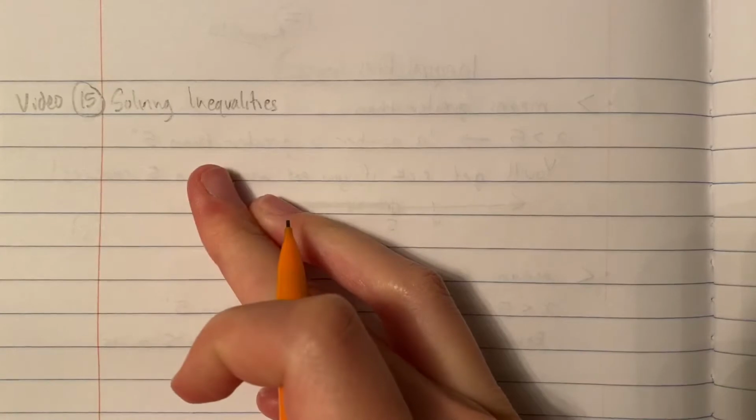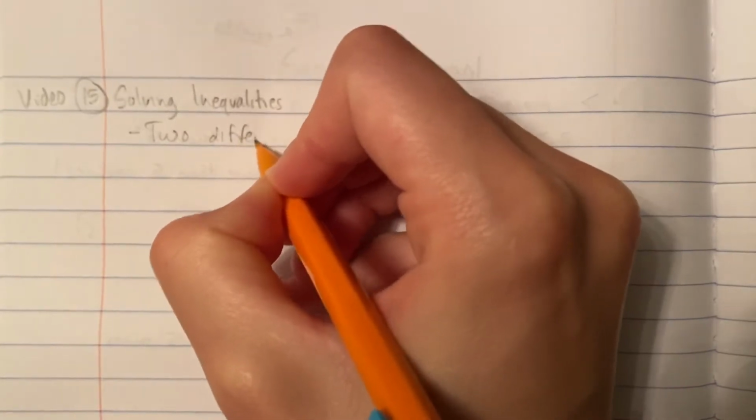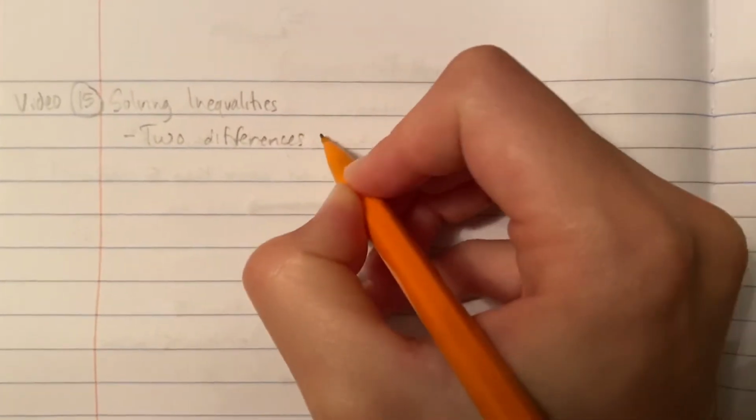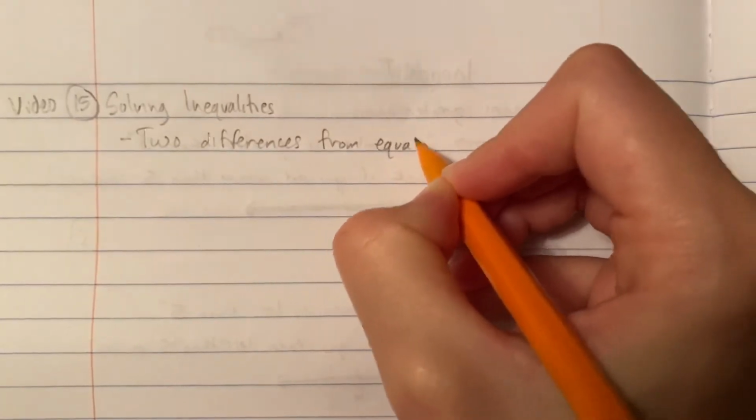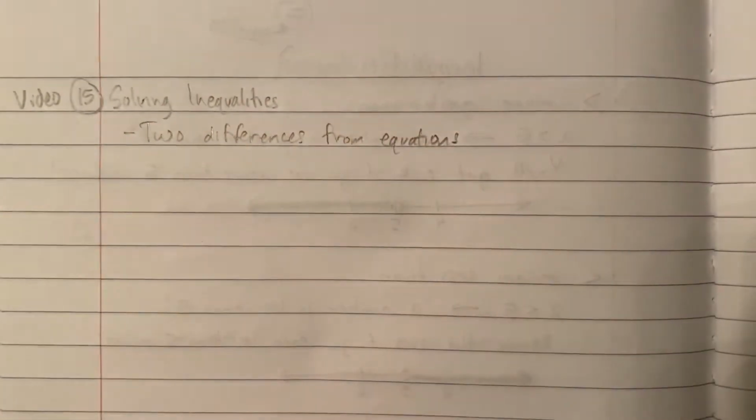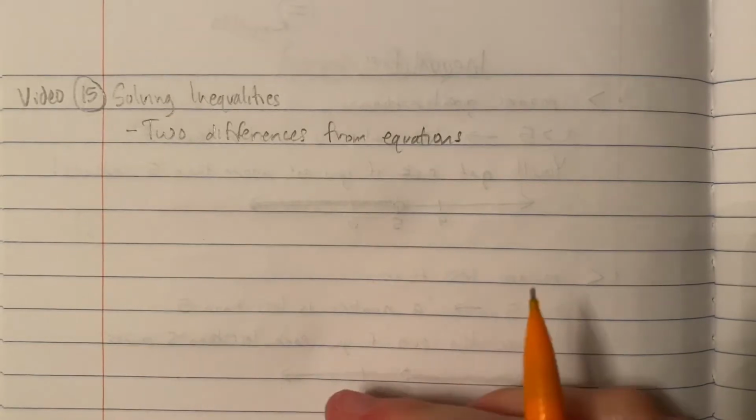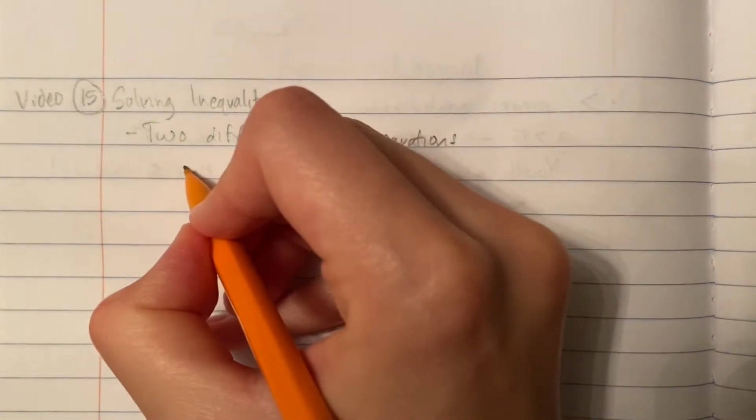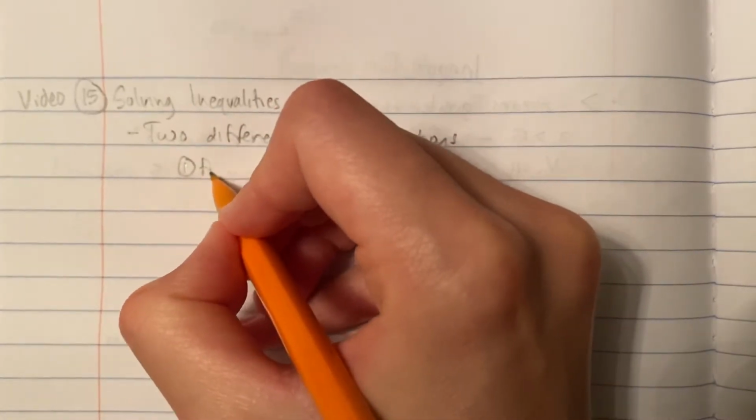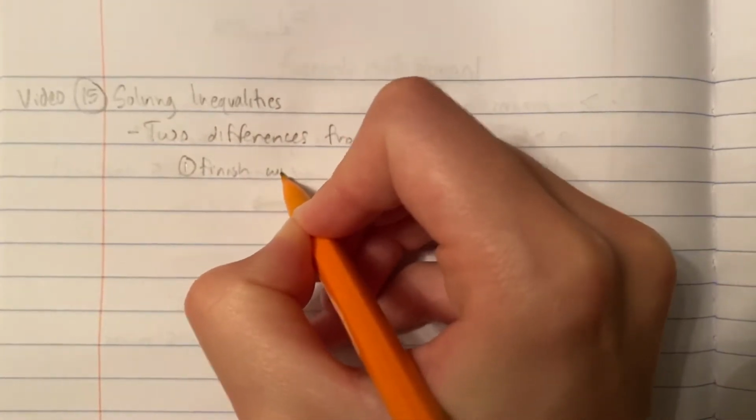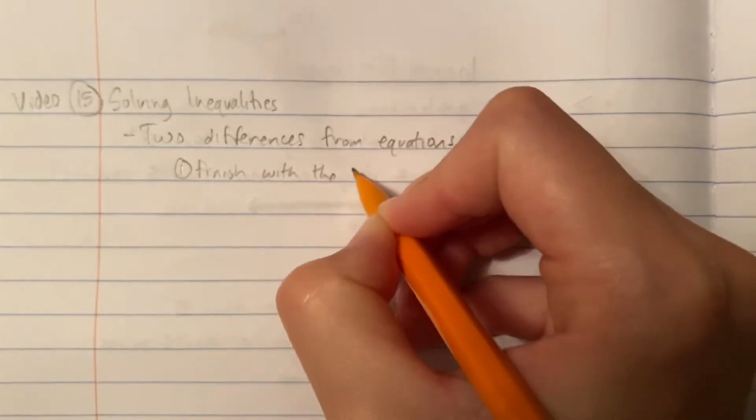Now, we can solve inequalities just the same way that we solve equations. There's two important differences from equations, right? So normally we actually just solve inequalities exactly like we solve equations, but there's just two differences, okay? One is that we want to finish with the variable